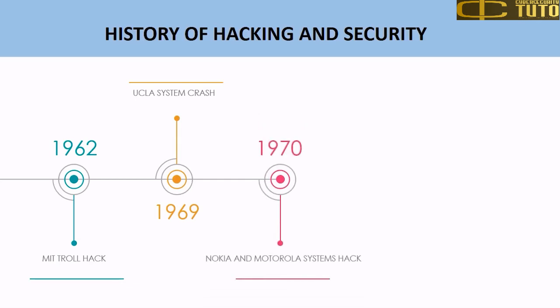In 1970, Nokia and Motorola were hacking victims when Kevin Mitnick broke into one of the world's most highly protected networks. He did this using social engineering methods, pretending to be an insider so that they hand over passwords and codes, and then used the codes to access internal computer systems. He was one of the most wanted hackers of the time.